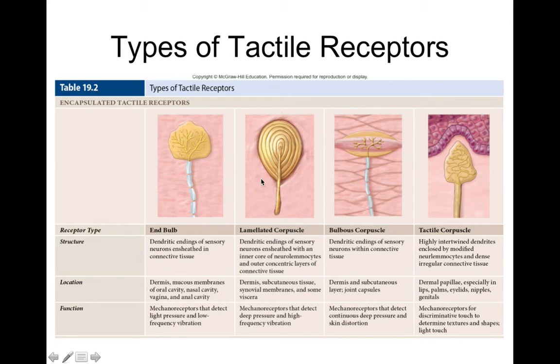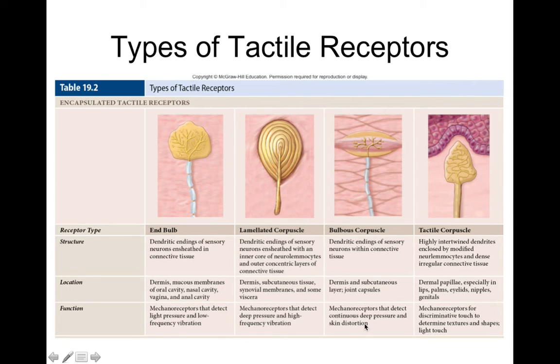Now these lamellated corpuscles, also called Pacinian corpuscles, are located deeper in the dermis. Because they're located deeper in the dermis, these are going to be more sensitive to deep pressure and high frequency vibration, because deep pressure and high frequency vibration would be able to make it deeper into the dermis to activate these lamellated corpuscles. Now the bulbous corpuscles are found basically in the dermis, especially in joint capsules, and these are